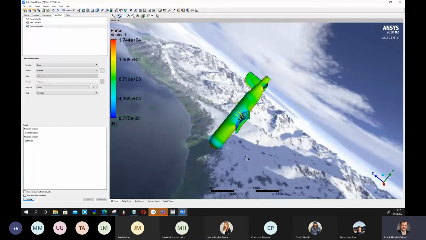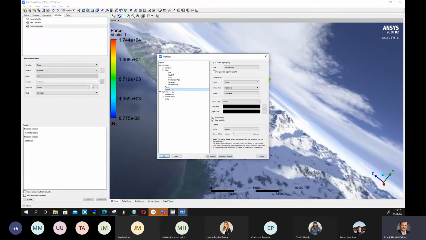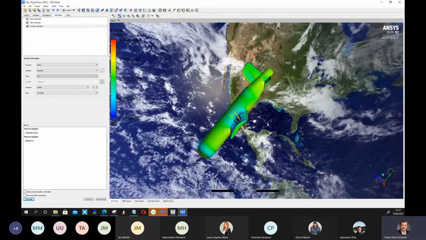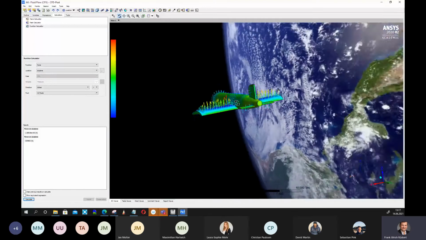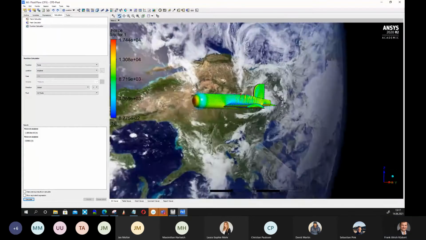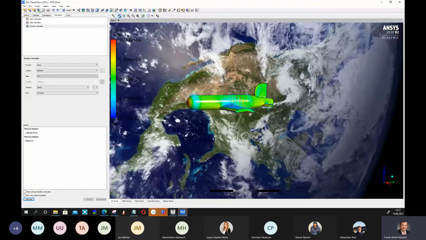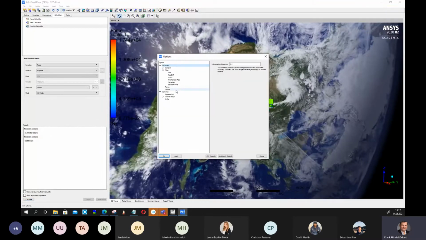I took the wrong direction. That doesn't look really nice. I want to change the background again. Maybe we can choose this one. Yeah, that's also cool. Now it's a spacecraft. It's also cool. Or we take another,